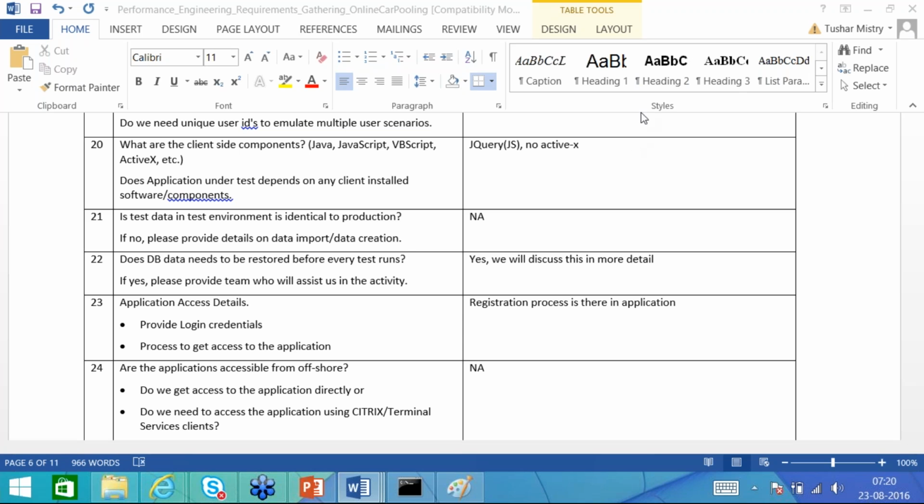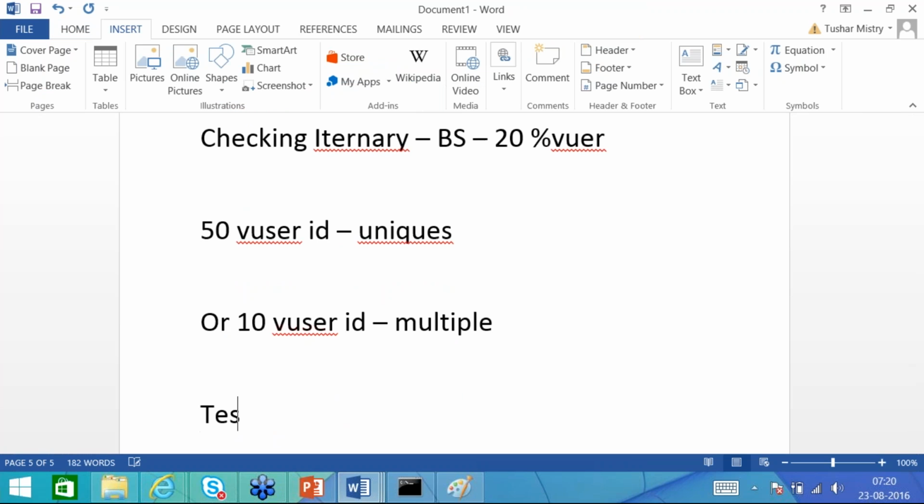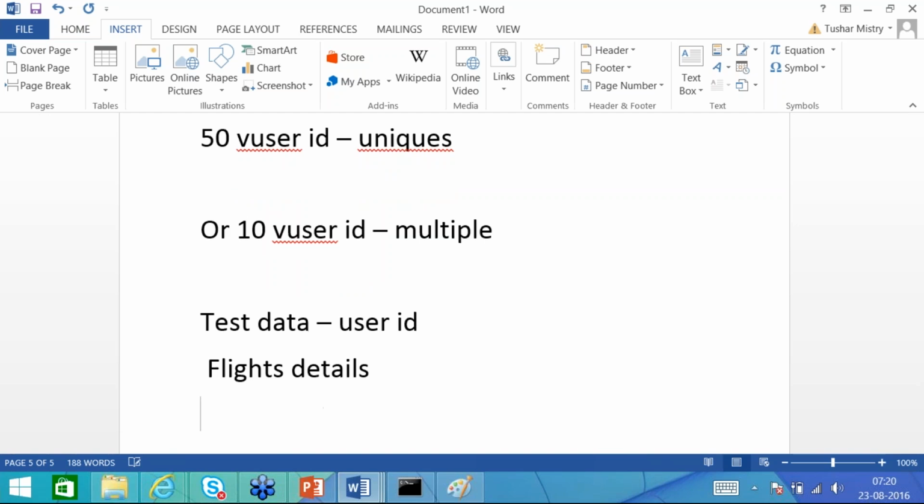Either we need to prepare the test data or the client will provide us the test data. Test data means either the user ID or flight details, or if we create a user then user details.